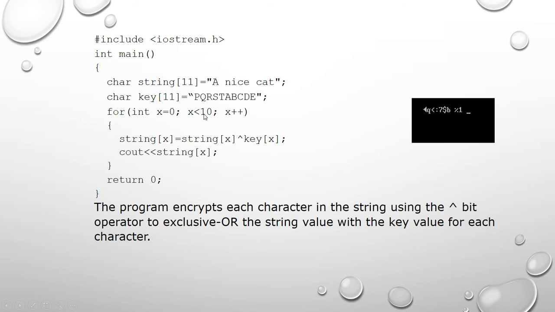Okay, it may be written as x less than 11 or x less than or equal to 10, because here the size is 11, so we are able to accept a maximum of 10. If you count directly, I am storing 10 data: 1 2 3 4 5 6 7 8 9 10. So I know that the 10 value is assigned here. That means there is a mistake here; you can specify less than 11 or less than or equal to 10.